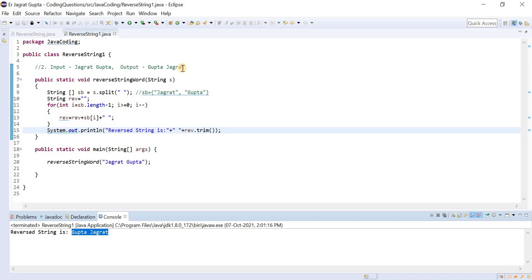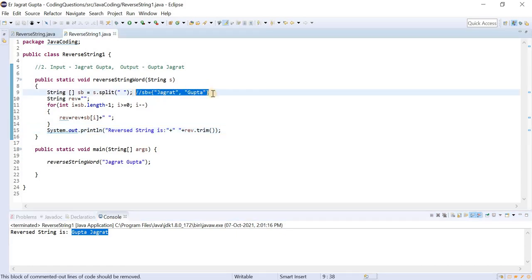So there are some new concepts that I told you in this particular video. The important concept is this split method. I told you how it works and what the expected output would be. I took one example for this, and apart from that, I told you that if unnecessary spaces are there, how you can remove them.